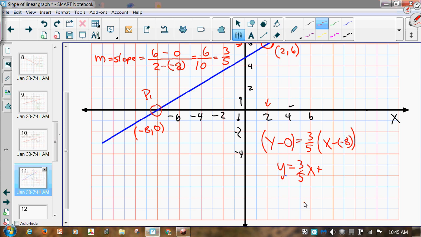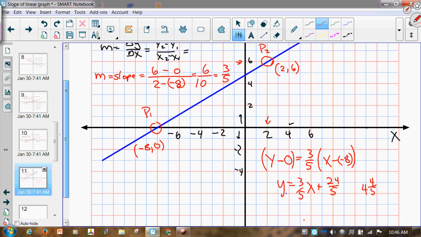3/5 times 8 would be 24/5. Now, how does that relate? Well, 24/5, we can convert that to 5 into 24 goes 4 times with 4 left over, so it'd be 4 and 4/5. Now, does that seem like a reasonable number? 4 and 4/5. And so let's look at the value where we cross the y-axis, which would be our y-intercept,